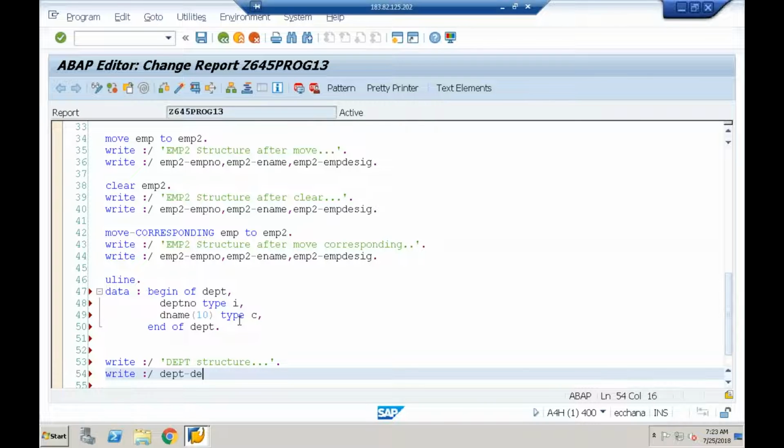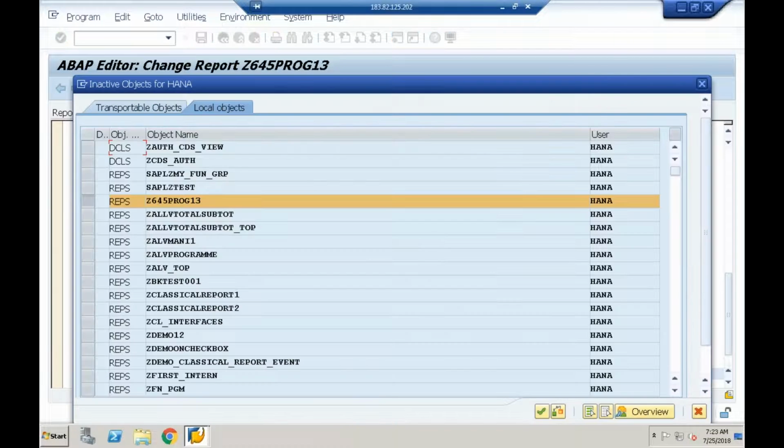Department hyphen, what are the field names? Department number, and then what? Department hyphen department name. So what is the expected result for this? Department number is integer, so by default you'll have zeros. Department name is character, by default you'll have space. So when I execute this,